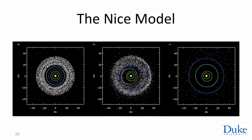So here's a graphic representation. We start out with the four giants. Note that light blue Uranus is farther out than dark blue Neptune, and then Jupiter and Saturn are inside them. After a few 100 million years, just before the resonance, the orbits have shifted. They're a little bit more eccentric. Neptune and Uranus have exchanged places, and Neptune is starting to plow through this disk of planetesimals,